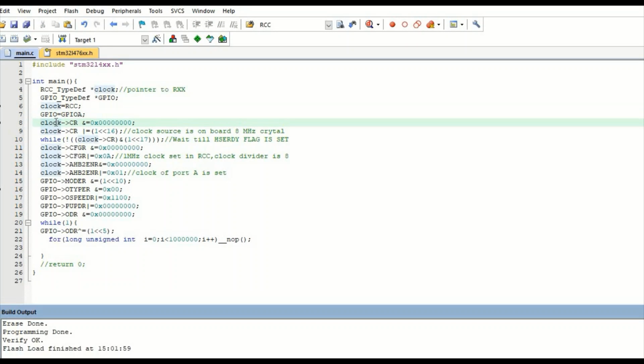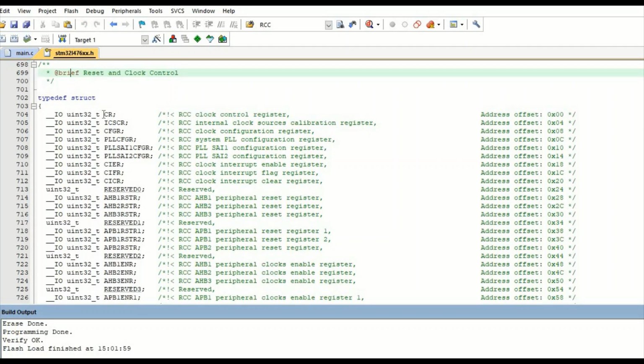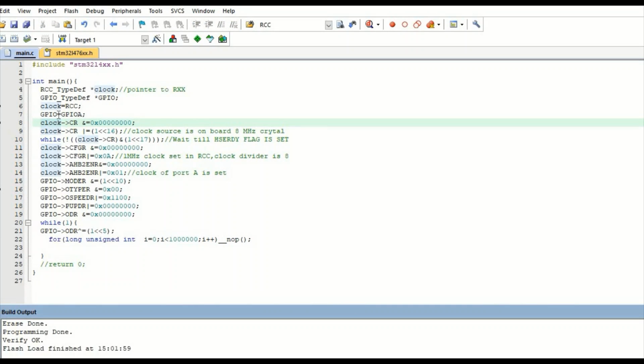Now we are accessing the CR register of the RCC. Look, this is the CR register, and through the pointer notation we are accessing it. So here I am providing the 0 value to the CR. I am just resetting all its values.